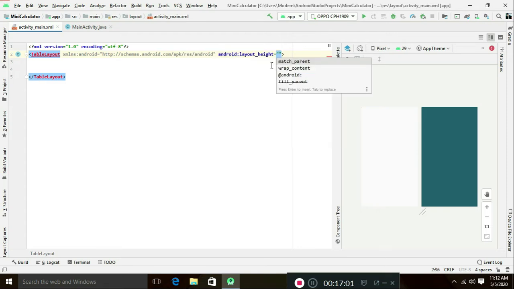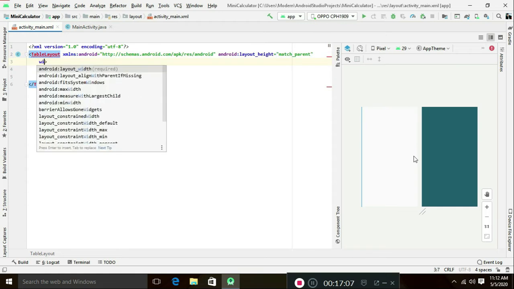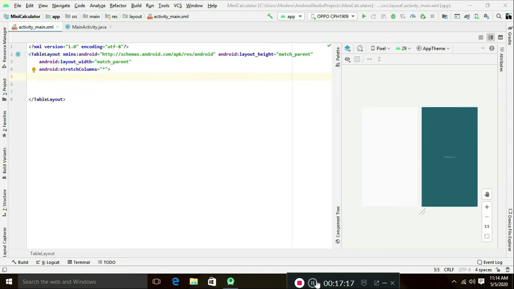Click on it to give match parent. You will see the height and width in the preview.